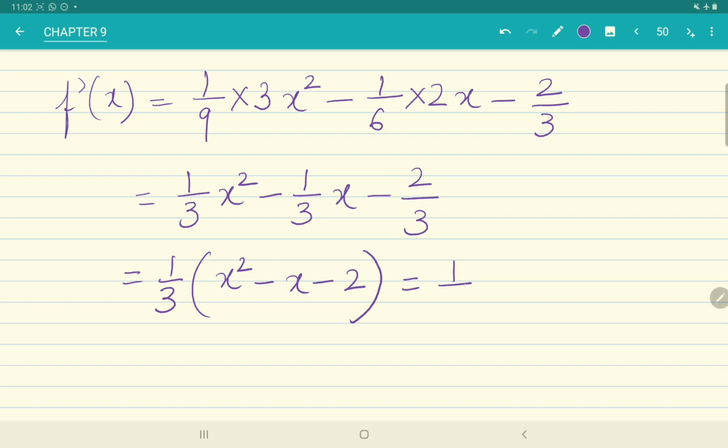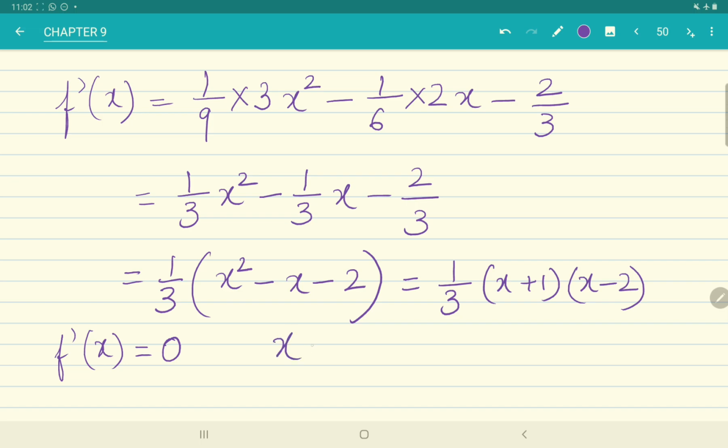So that gives us 1/3 (x plus 1)(x minus 2). And from this, if I put f'(x) equal to 0, I see x equal to minus 1 and